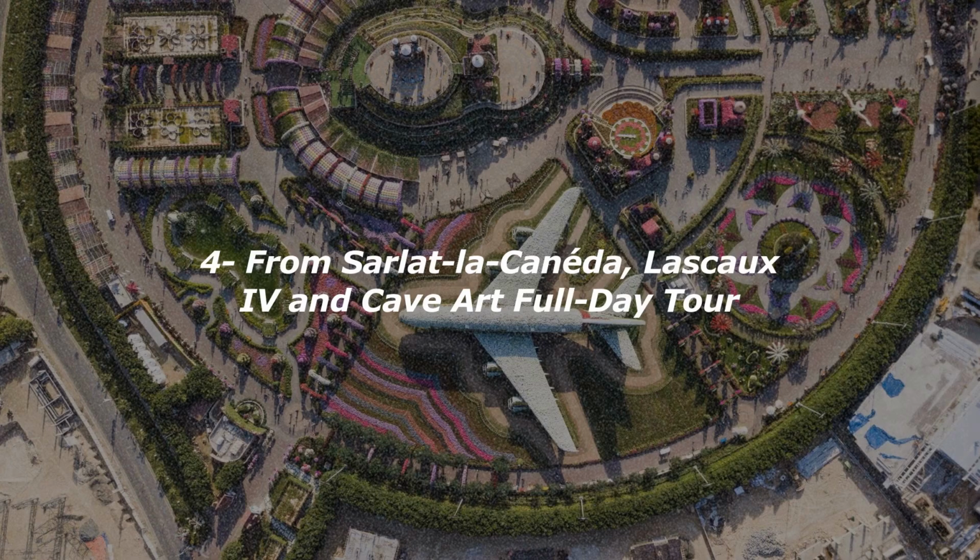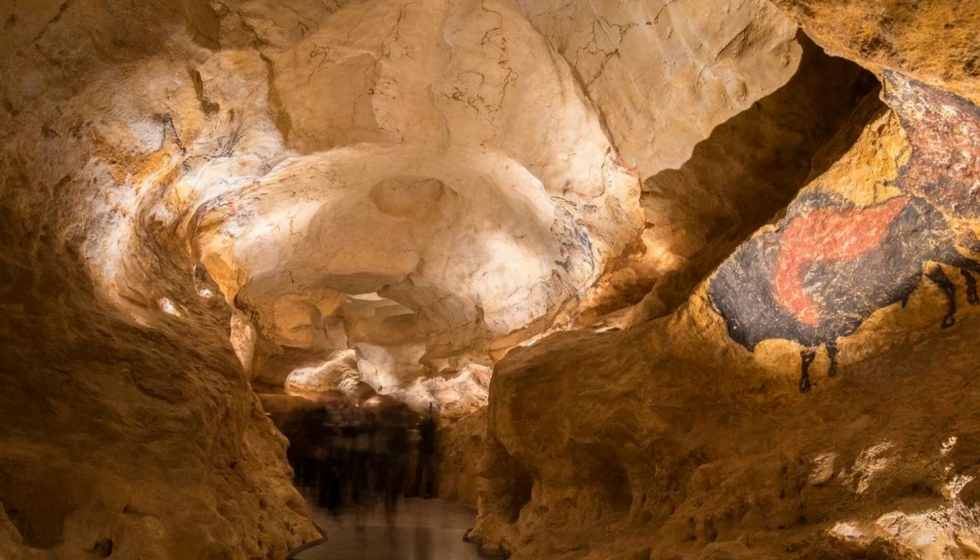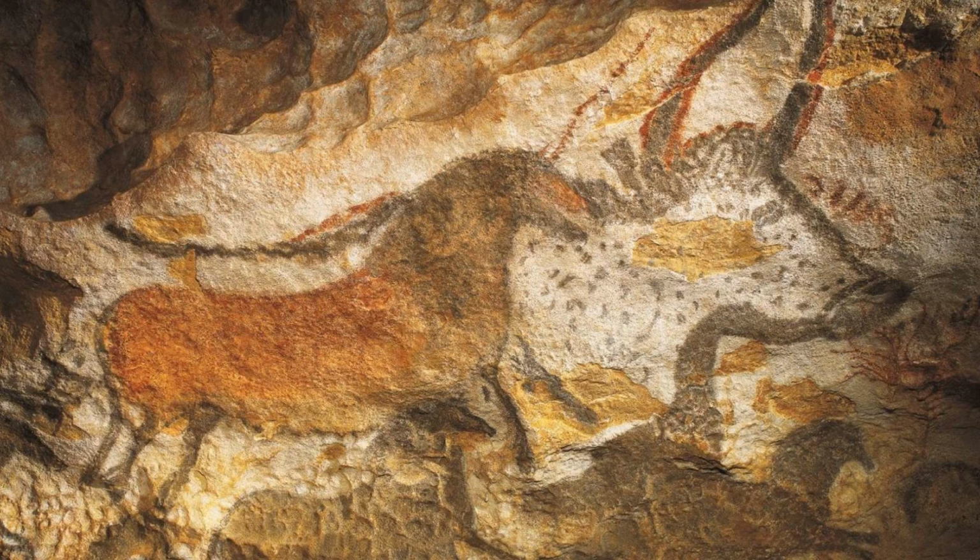Number 4. Dordogne is the world capital of prehistory. Here, Cro-Magnon, the first early modern humans, settled and left some of the most fascinating artwork inside caves created by thousands of years of erosion. This 8-hour tour will take you to the most famous caves at Lascaux, and to admire the drawings and etchings of Rouffignac Cave. The tour begins at Les Eyzies de Tayac, where the first 5 skeletons of the Cro-Magnons were